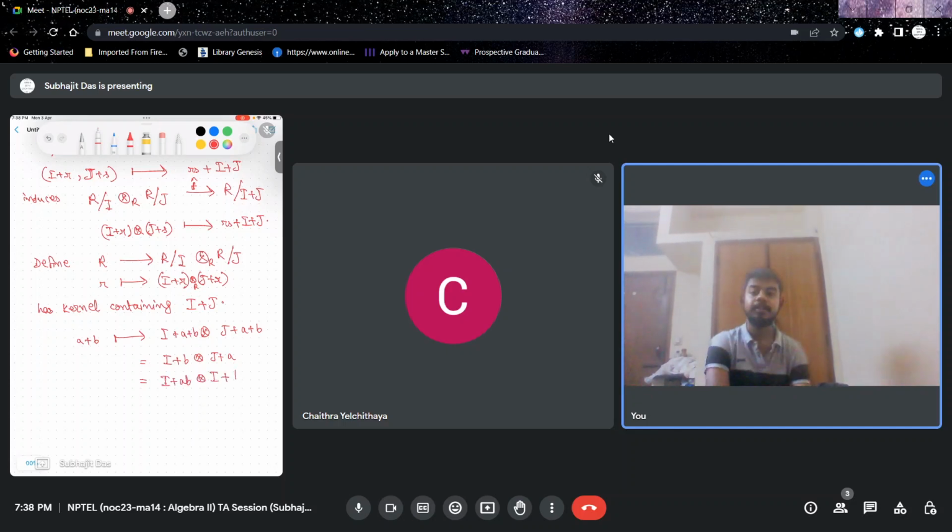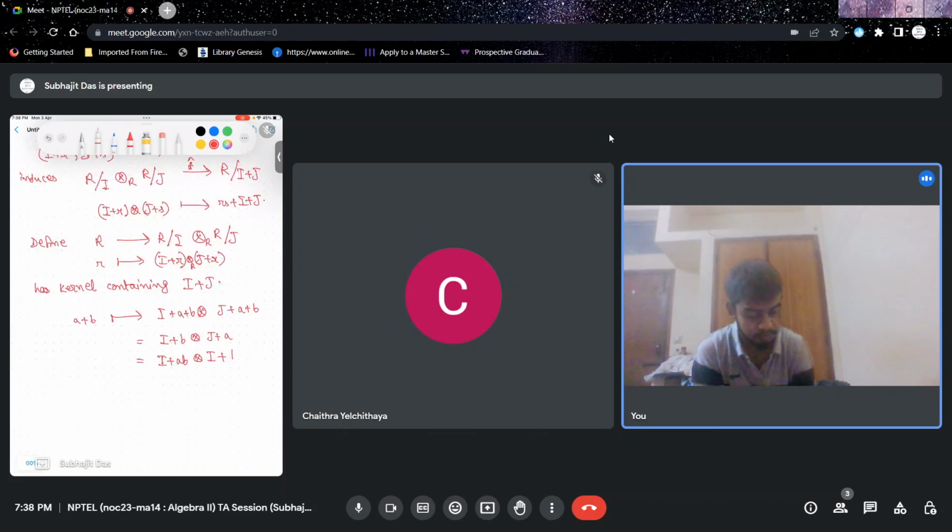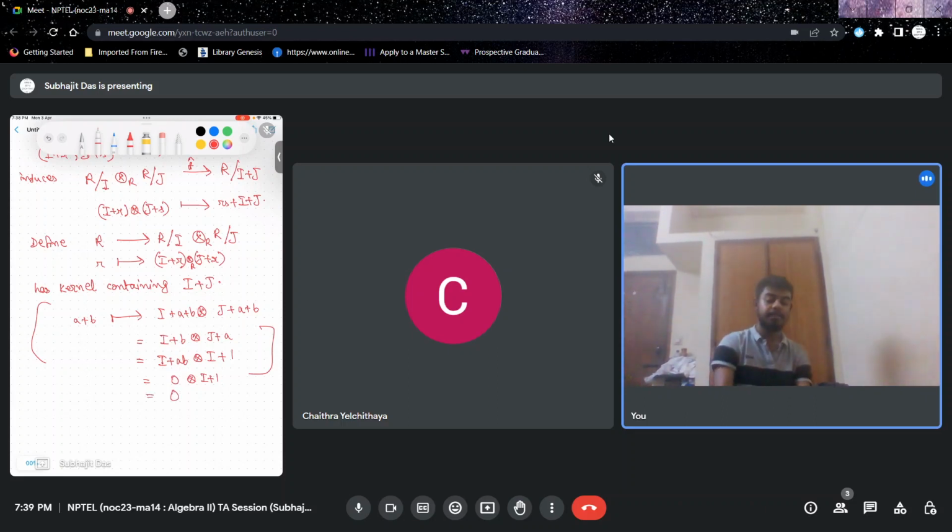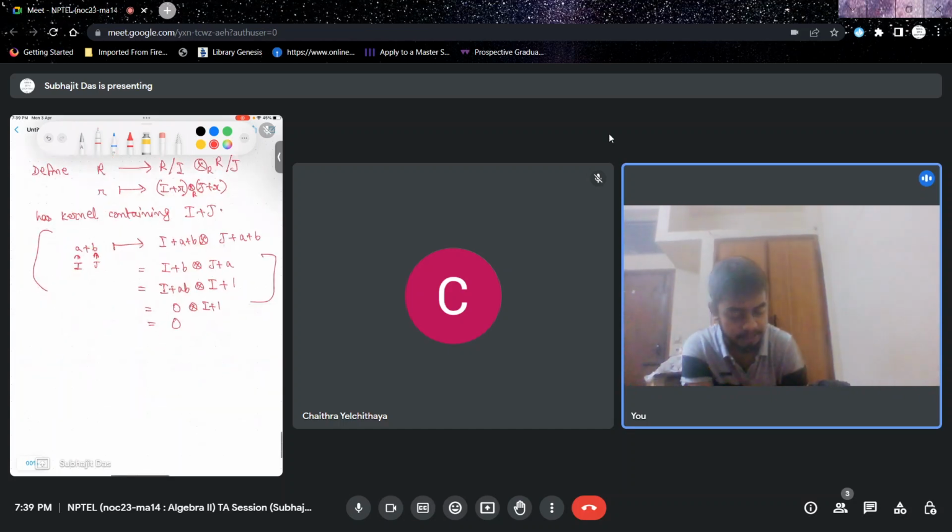Do you agree? The tensoring is over R. Little a is a scalar in R. You can take it to that side, right? And this is I, so little a is in I implies ab is also in I, so this is 0 tensored with I plus 1. I didn't put brackets, I hope it is clear, and this is 0. We took this one to be in I, we took this one to be in J, right? Which implies that I plus J is actually contained in the kernel, and therefore this induces a map